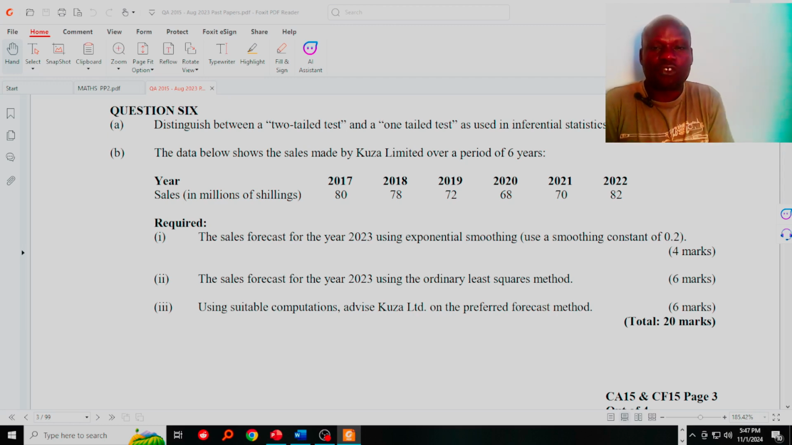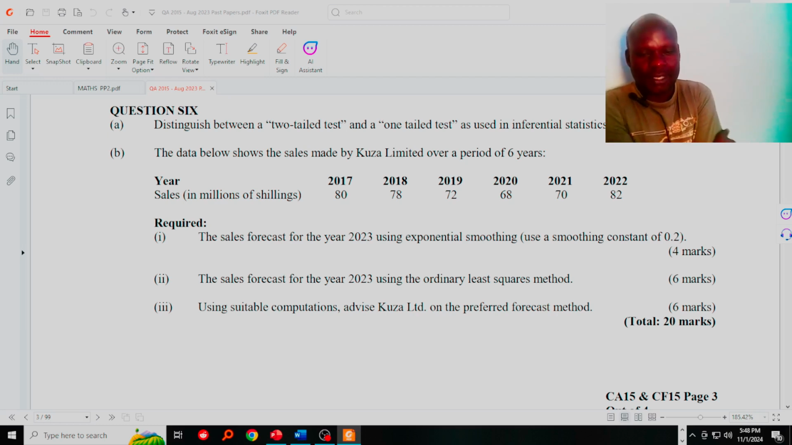And the question reads, distinguish between a two-tailed test and a one-tailed test as used in inferential statistics, 4 marks. Part B, the data below shows the sales made by COSA Limited over a period of 6 years. Year 1, okay, we have years 2017, 2018, 2019, 2020, 2021, 2022, and the corresponding sales as shown. We are required to get the sales forecast for the year 2023 using exponential smoothing, and the smoothing constant is